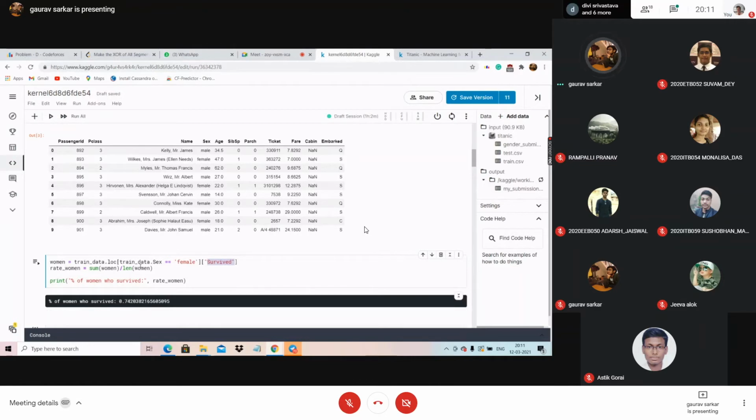Suppose I wrote this, wait, let me edit. Can somebody tell me what would be the difference between this command and the previous command I wrote? It will check for all the males and the females in this one, and in the previous one, it will check for the female only who survived. Exactly, you are right.